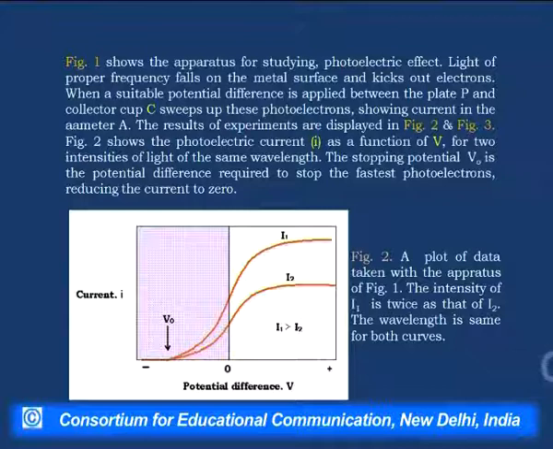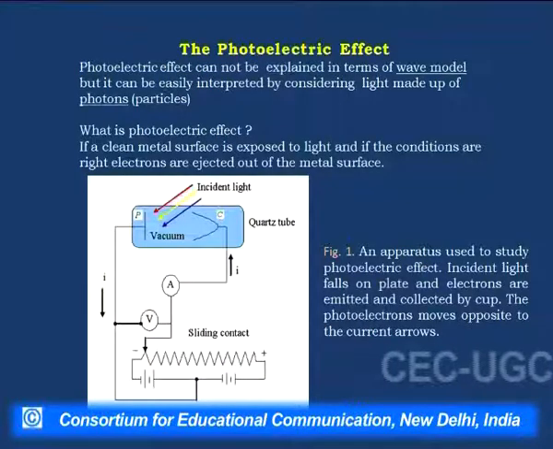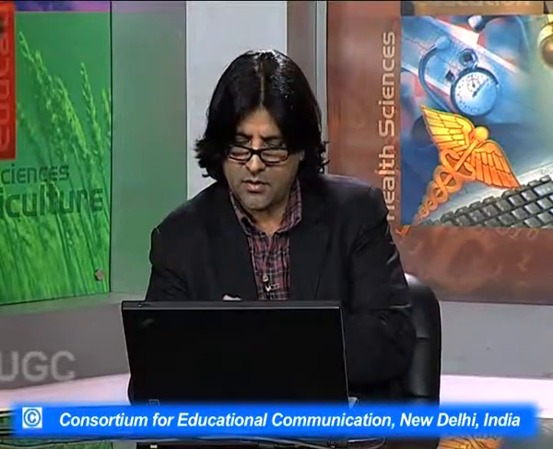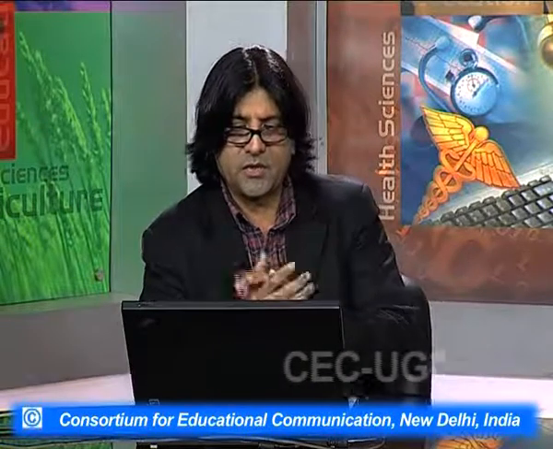Now, what we are doing? We are moving it toward the negative side, so that means we are applying negative potential. So, it will stop the flow of current and the current decreases. These electrons have kinetic energy, and we are applying potential energy, and since we are giving negative potential, it will try to oppose the motion of these electrons, and the current reduces, and at a certain potential the current becomes 0.